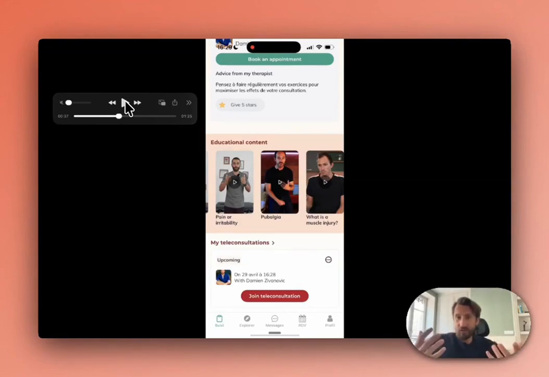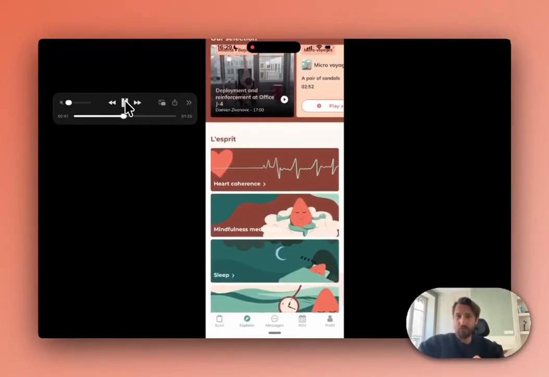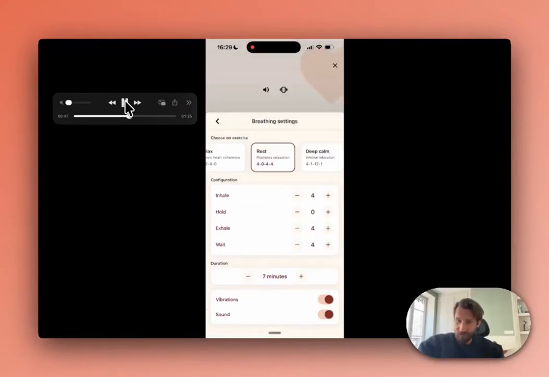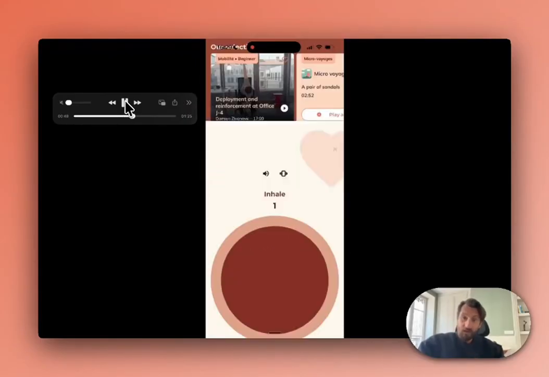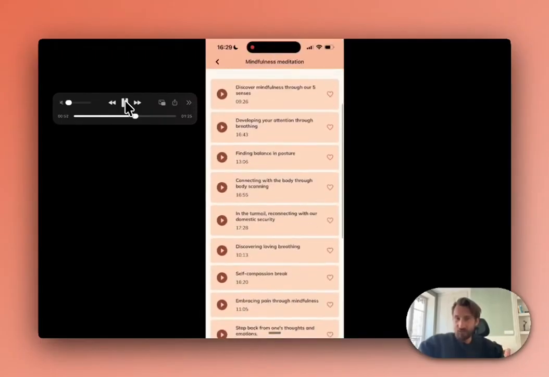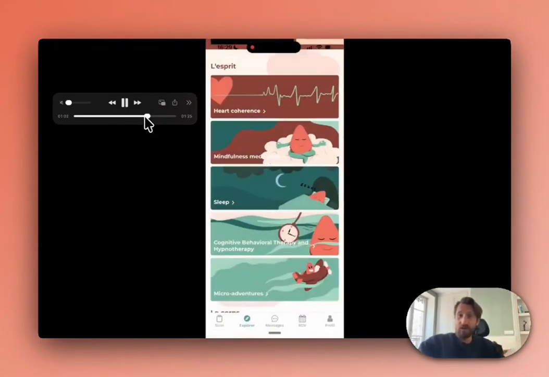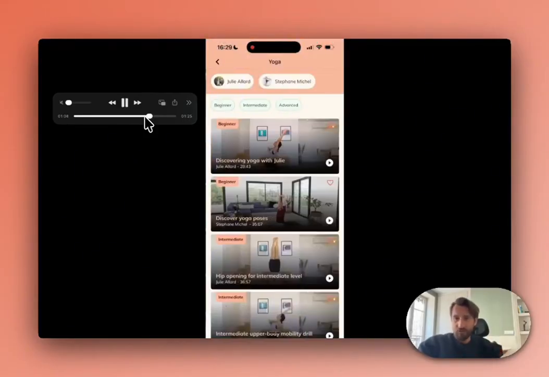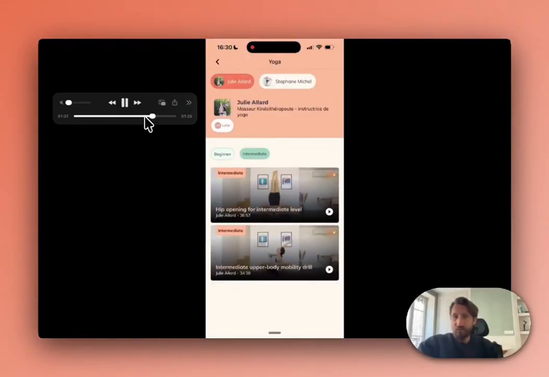As you know, Andrew Apr is also a tool that helps make patients aware that contextual factors can influence how they perceive their symptoms. And so on Andrew Apr, patients will have the ability to adjust these contextual factors, such as practicing cardiac coherence, meaning they can use different breathing techniques. The patient will also find meditation podcasts, as well as content on sleep, hypnotherapy, micro journeys, and many hours of